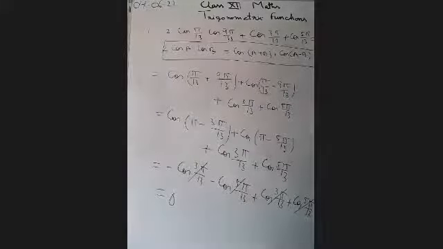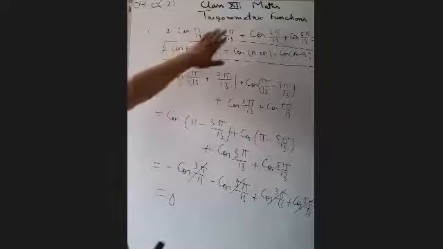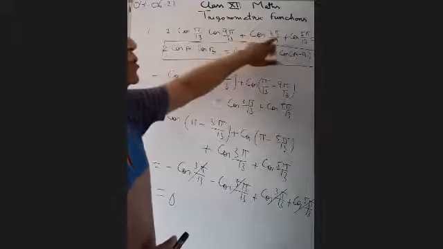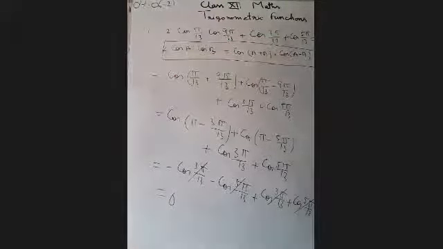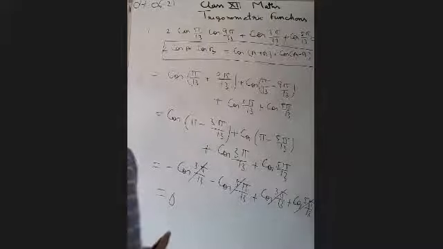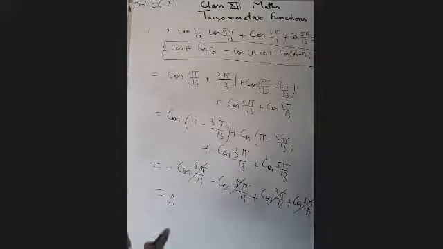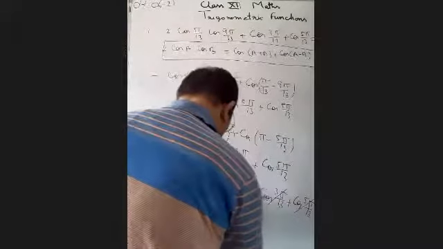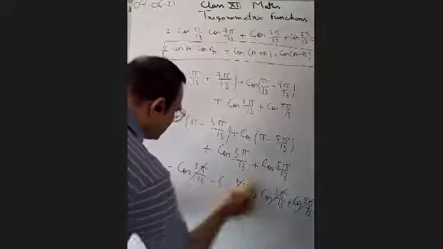As we have completed the question using the AB formula, you can also solve this question by using the CD formula, cos C plus cos D. But the CD formula we have used so many times. The AB formula we have not used earlier. That's why I have used it now. Okay, let's try the next question now.